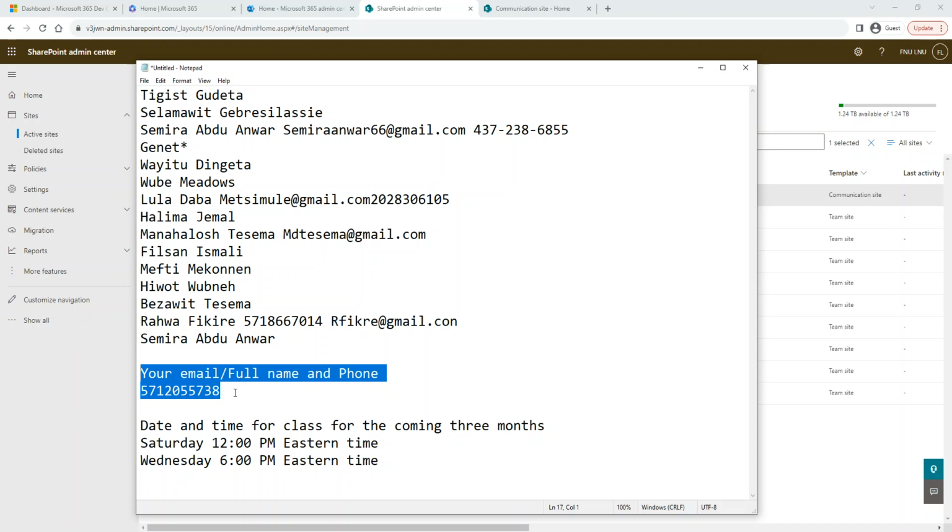But my class is going to be private because I also share a private work environment. I'm not going to share their data, but I don't hesitate to show you what it really looks like in the work environment.